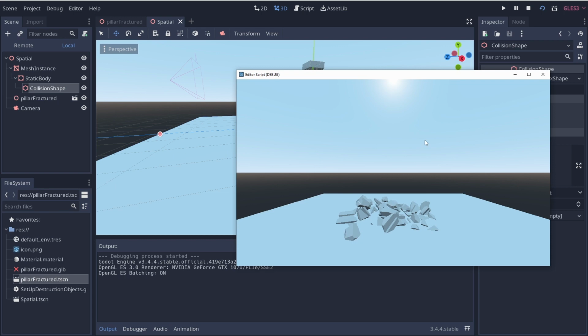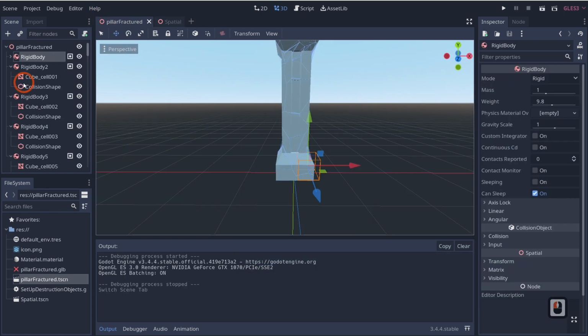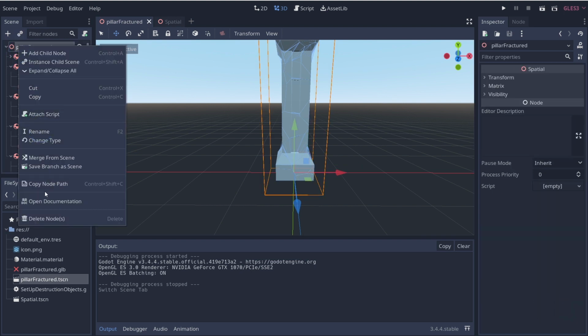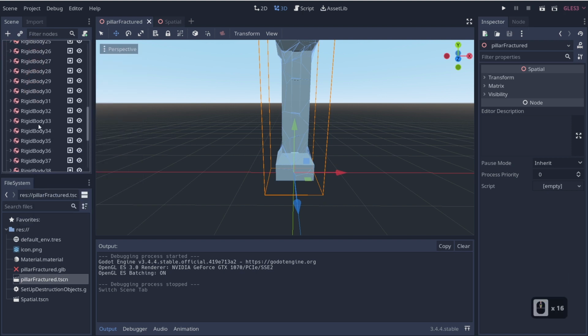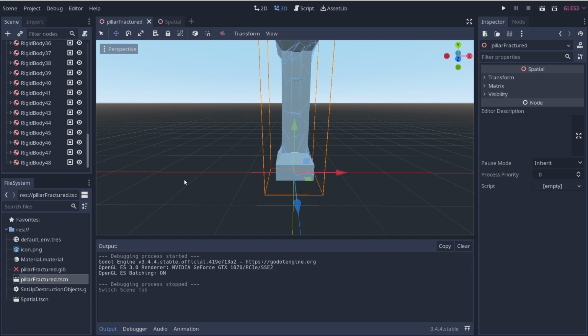For us to be able to do that by hand would take forever. If we go into our pillar fractured here, right click up here and do expand, collapse all, and take a look at it, there's 48 of those objects. And doing all of this by hand, especially if you have a